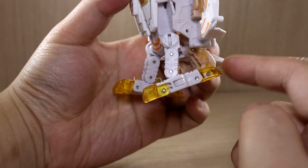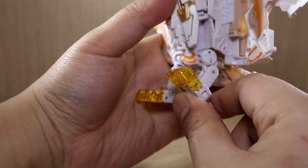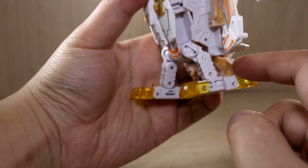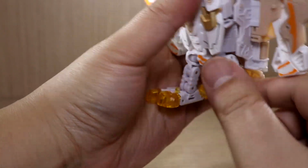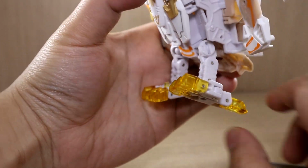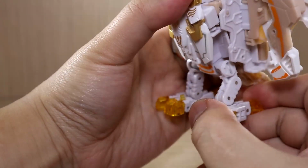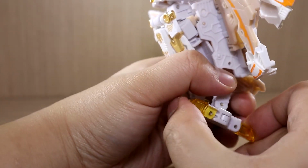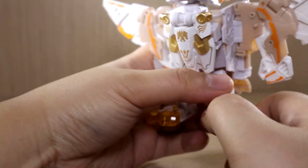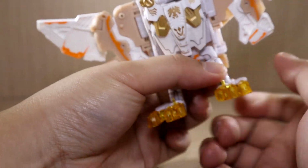Backwards, not so much, because mostly the toes / claws are colliding with the tail. So make sure, yeah, this is the only limitation if you ask me. But if you look at the legs, there's another bending point here and here. So which is why you can move the joint like that, and also move the feet itself forward and backward like this. And just one thing to confirm is, okay, so the feet does not rotate on its own, but